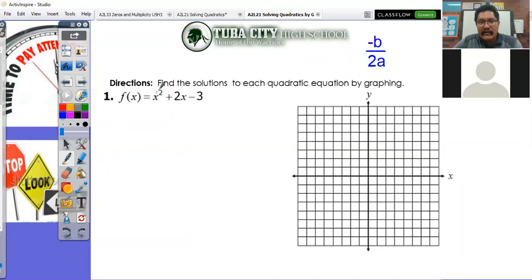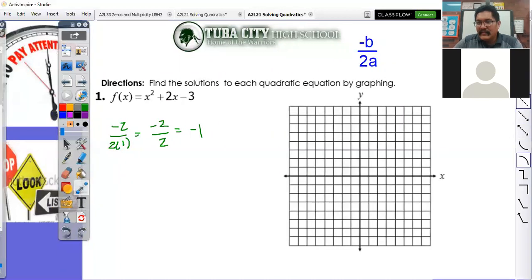So we want to make sure that our equation is in standard form, right? So ax squared plus bx plus c, or in descending powers. So 2 power, 1 power, 0 power. So let's go ahead and put it into our formula. Negative b, so remember we have to plug in the opposite of b, so that would be negative 2. And negative 2 over 2 is negative 1. So I know that my axis of symmetry is going to be here at negative 1,